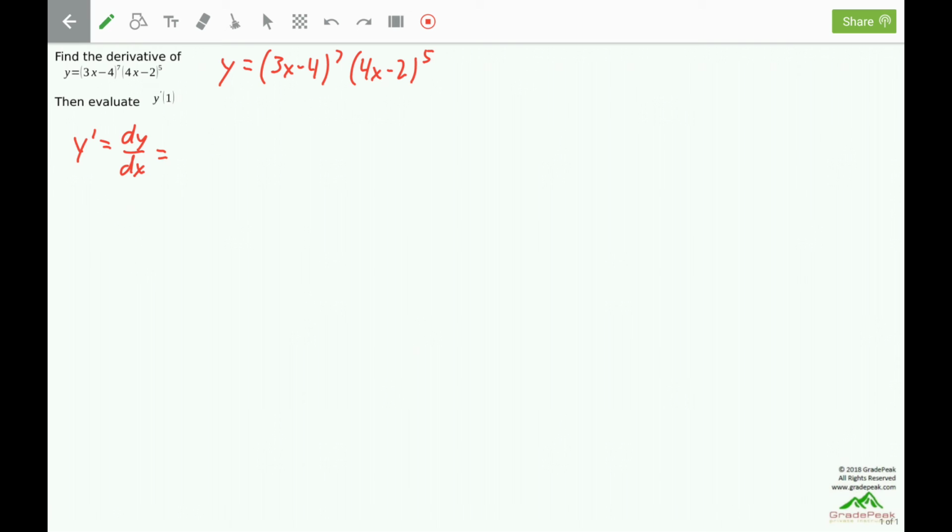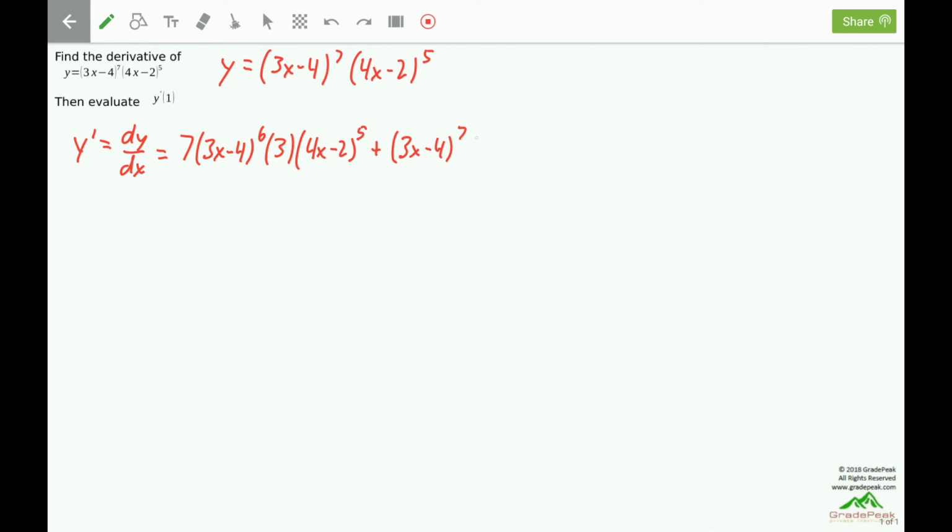We will start with the derivative of the first. The first is a quantity raised to the 7th power. We'll start with the 7th power, bring down the power, subtract 1 from it, multiply by the derivative of the inside to complete the chain rule. That'll be a 3. That's all the derivative of the first. Multiply by the second left alone, plus the first left alone,